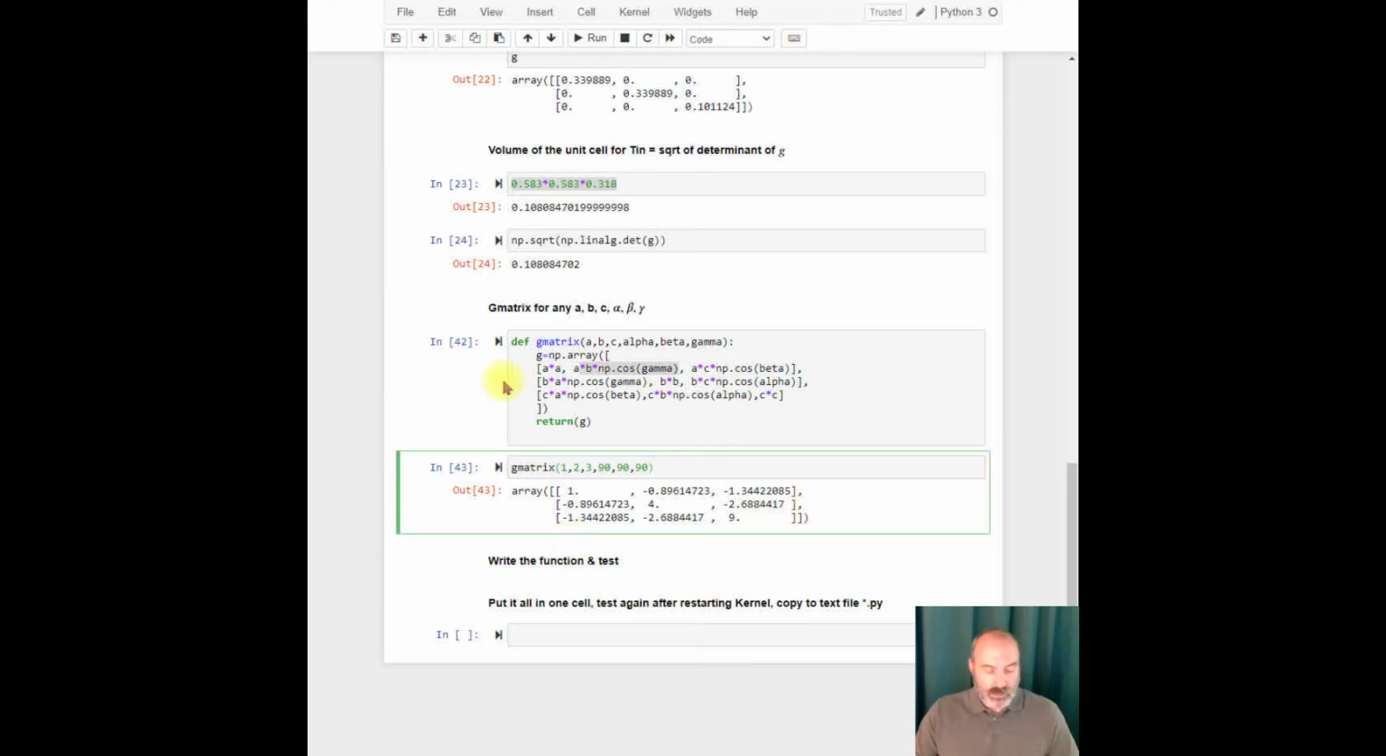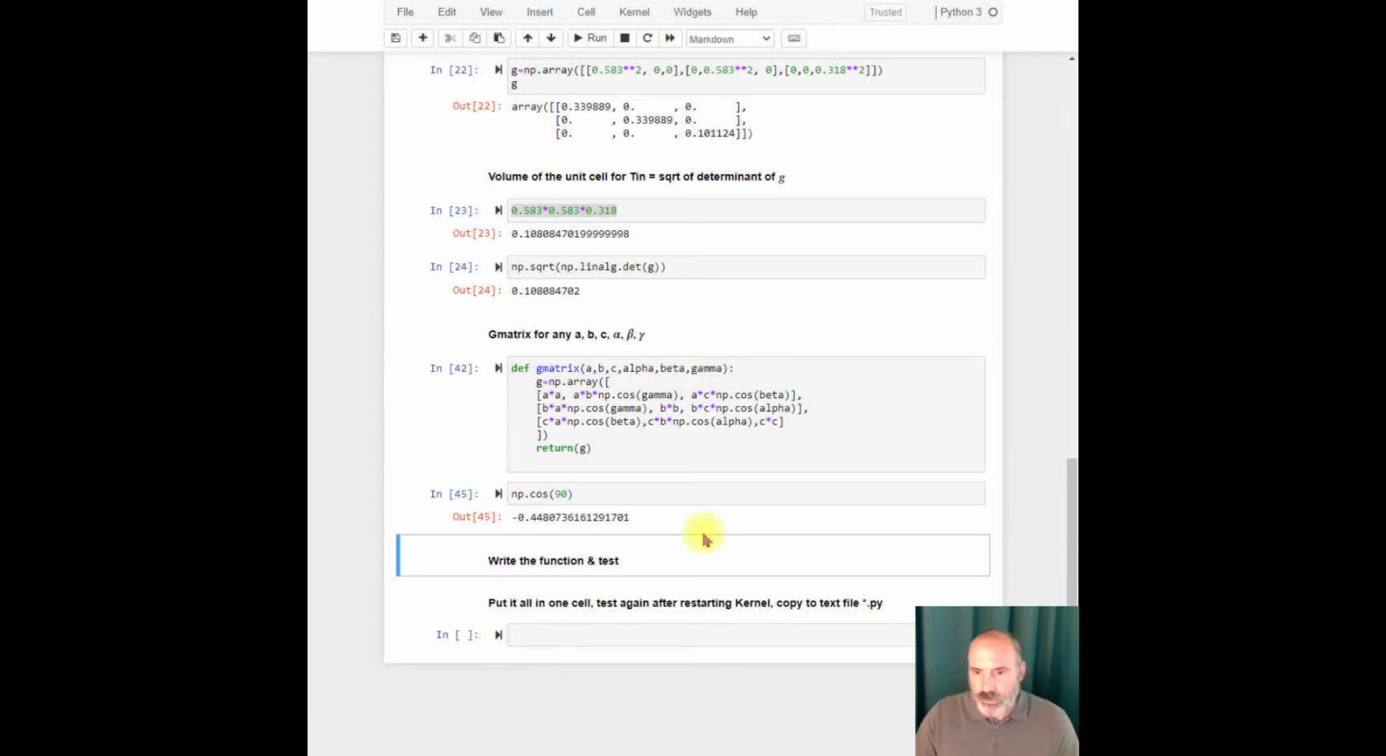Anyway, I don't want to have to do that, so let's go ahead and we will try this again. So we've got numpy cosine 90. Okay, again, it's not 0. I want to turn this into radians. Okay. There is a numpy command